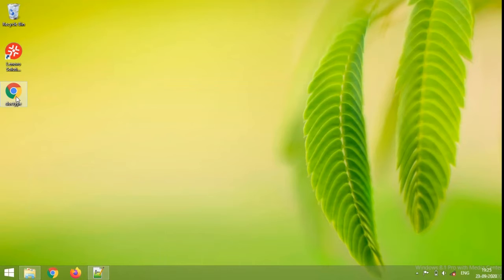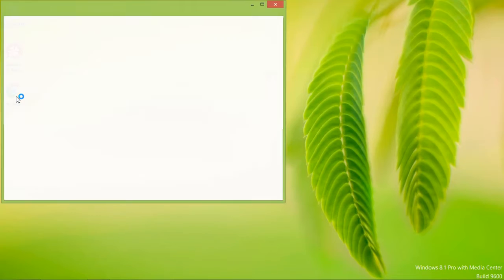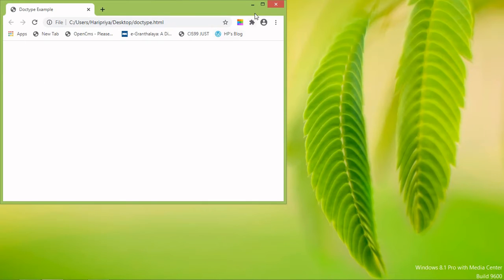As you can see here, I have got this file on the desktop with the icon of Google Chrome. To execute my file, I am going to double click on the file and here we go. So you will not see any changes on the web page directly, but after including this one line declaration in your programming, on the execution, your browser will be informed that you have used HTML version 5.0 for developing the web page.